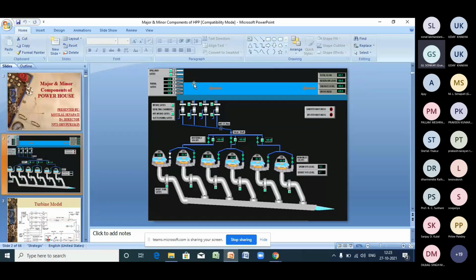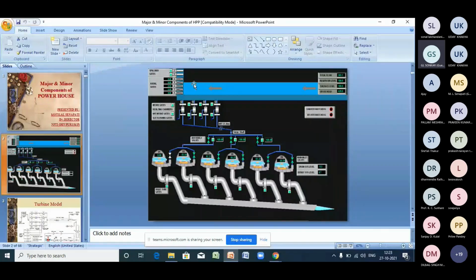When you are switching the turbine, or you switch the unit on or off, there are some surges. Those surges will be handled by the surge shaft. It is an open system, an open well system. That means when you are making the unit ready, or you want to run the unit, what happens? The first water comes from the surge shaft itself. The location of the surge shaft should be very near to the powerhouse, so that any surges can die out very easily and efficiently and in the minimum time.